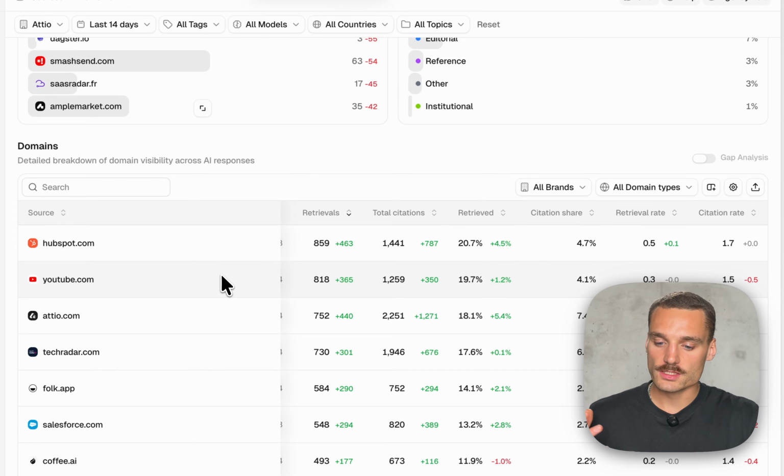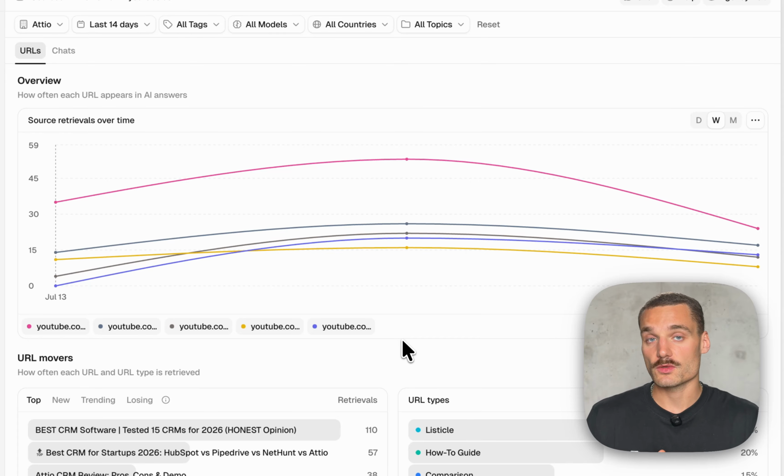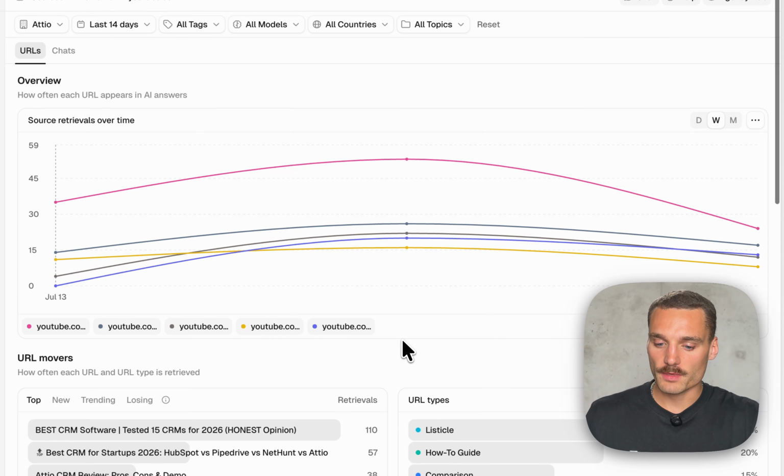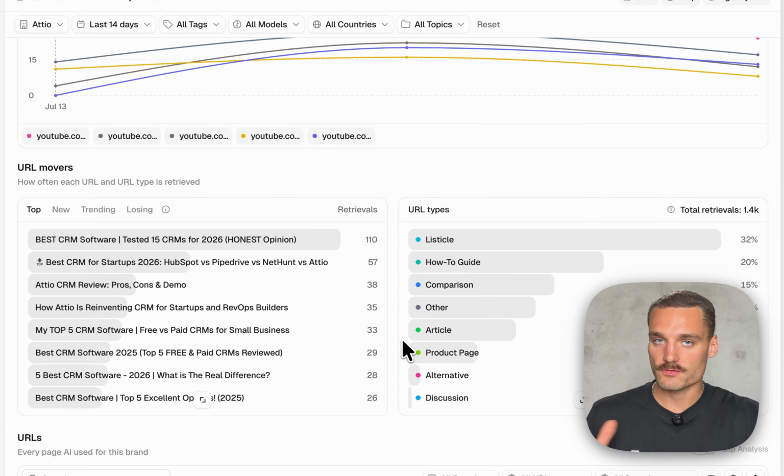To do that, you can simply click on the source that you're most interested in. In this case, we want to understand a bit more in depth how YouTube is supporting LLM answers. On this domain detail page, you can now see the specific URLs that are performing the best for this domain. So in the case of YouTube, we can see which videos are being used the most as a source for LLM answers. And we see the same elements that we already have on the domain page reflected here as well,